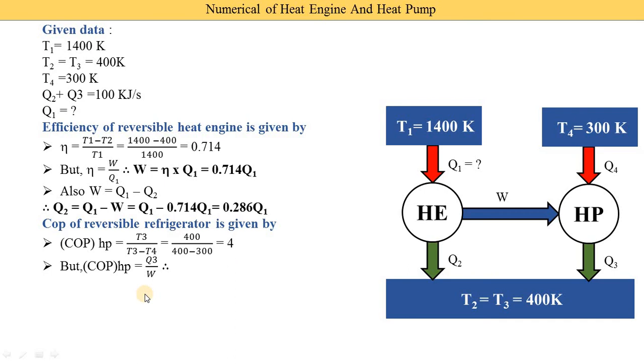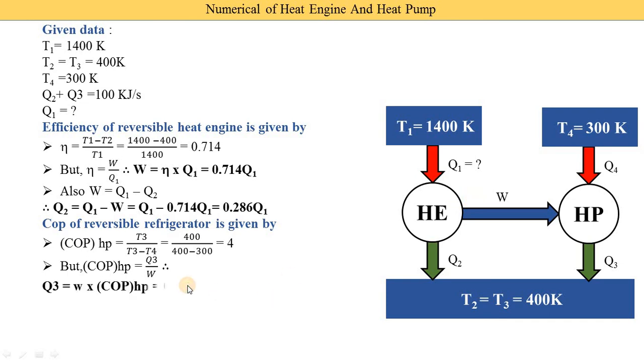We also know the other equation of the COP, that is output over input. Now what is the output of the heat pump? That is the heat energy. Okay, so here the two heat energies are Q3 and Q4. So which is considered as the output? Heat interaction with the higher temperature is considered as the output for the heat pump. Suppose a refrigerator is there, then the heat interaction with the lower temperature is considered as the output. Okay, so here 400 is the higher, meaning Q3 is our output divided by the work done supplied to the heat pump, that is our input.